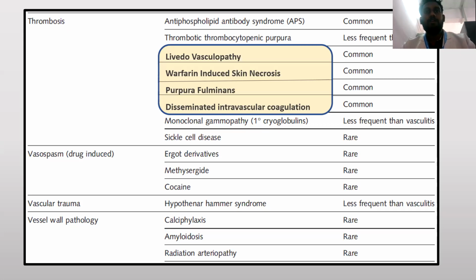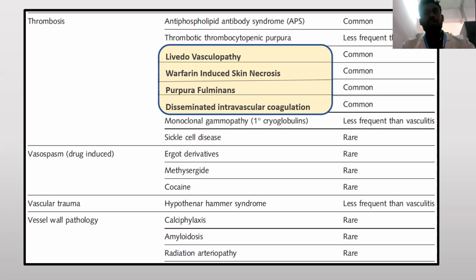And drug-induced causes such as ergot derivatives, methysergide, and cocaine can cause vasospasm, leading to a vasculitis-like presentation. Trauma such as hypothermia and hypothenar hammer syndrome, and some vessel wall pathology such as calciphylaxis, amyloidosis, and radiation arteriopathy can